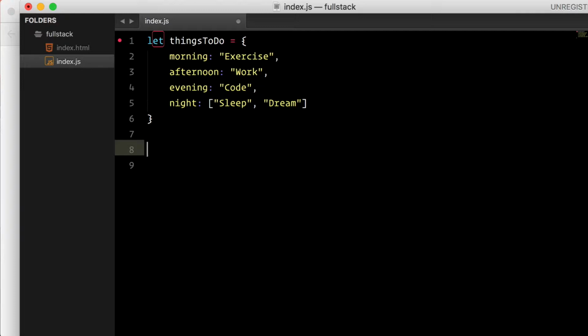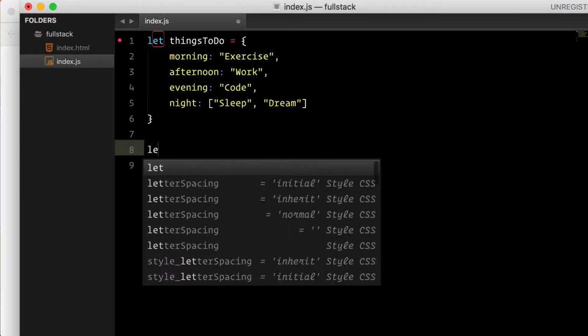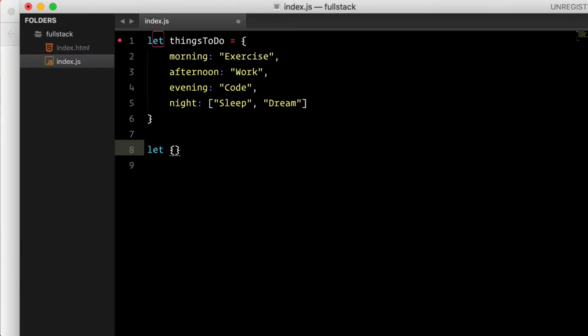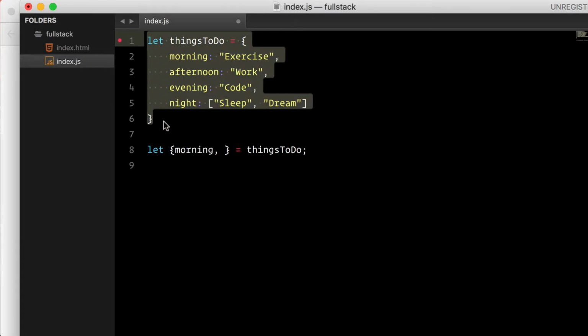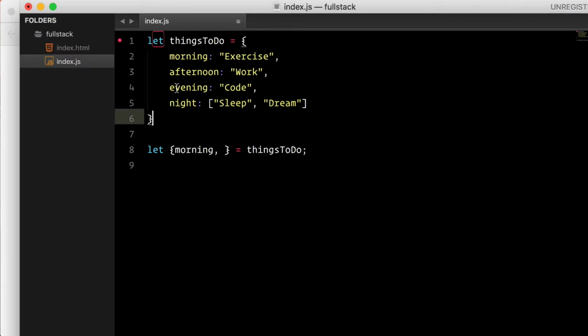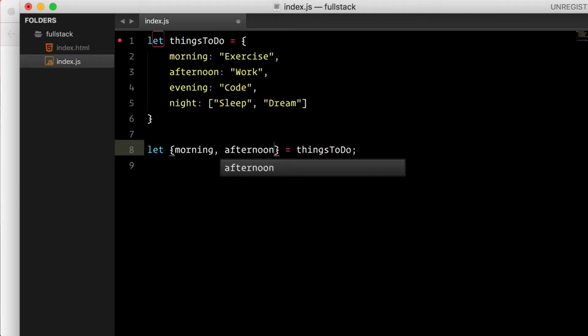Okay, so let's say I want to get the morning and afternoon out of this object and don't worry about anything else. So what I can do is I can just create a variable with let and use this object literal syntax and assign it to things to do, right? So now I can start destructuring. So for example, I can destructure the morning out of that object structure. So this is the object structure and I'm destructuring. Okay, so I just want to take out the morning and afternoon. Okay,